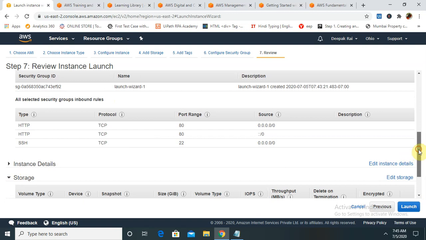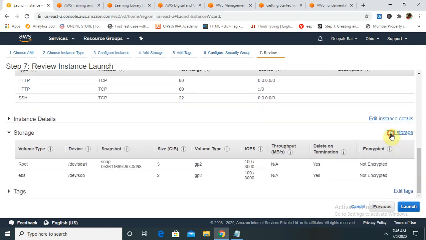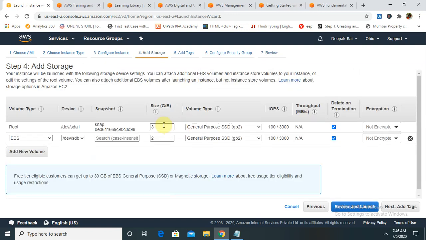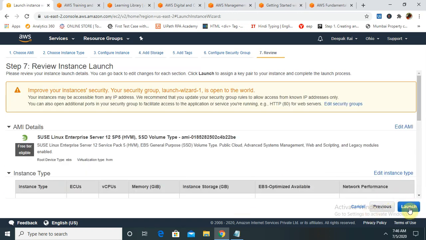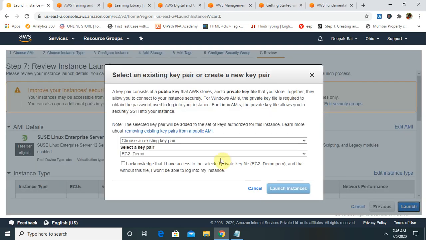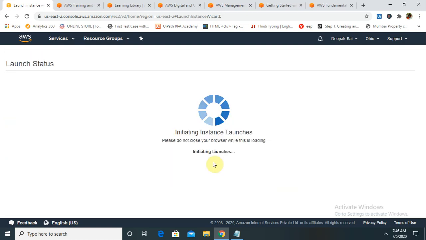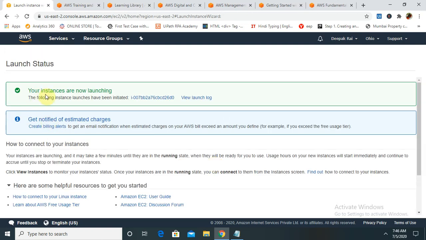Let's change this, add storage, and keep it here 10. Now launch it. Now you can see your instance will be created.